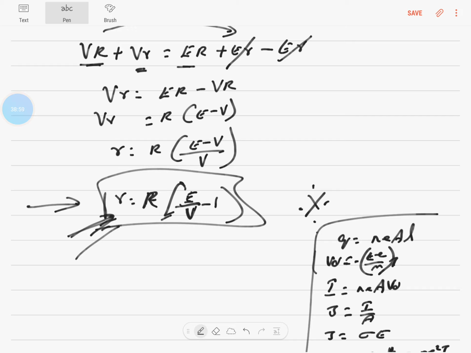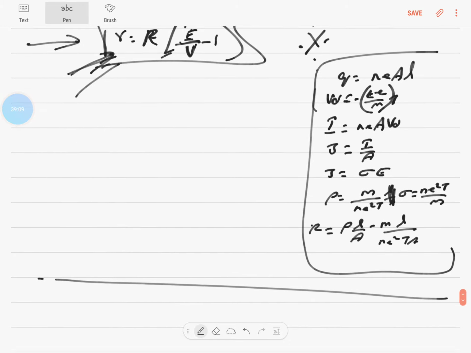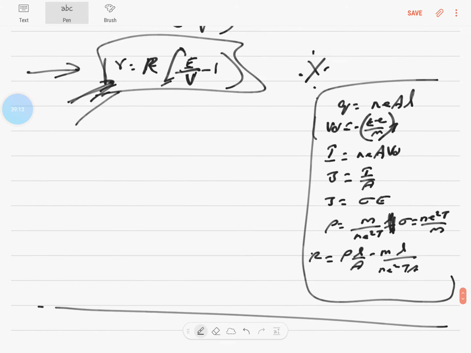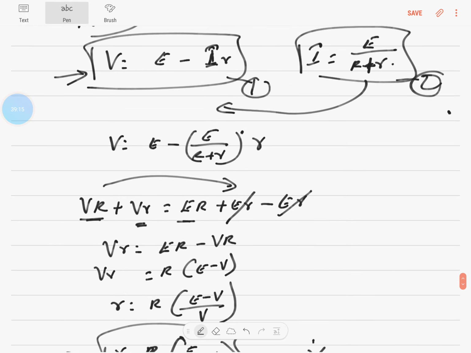After this, I'm going to talk about what happens if a number of batteries are connected together. Okay. So, for which let me see. Let's do this graph for this particular thing that I've written here. Okay, let's see. V is equal to E minus IR. The graph will be like this,